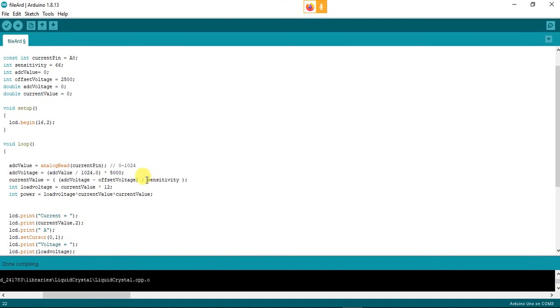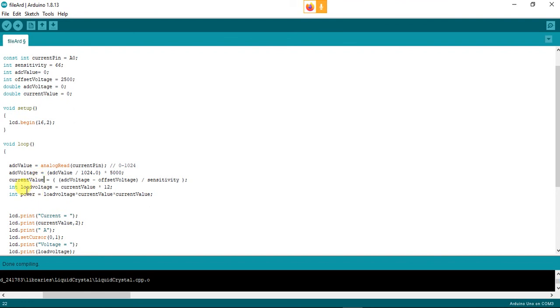So the internal resistance of this current sensor is 66 ohm. So we need to divide the voltage by 66. Voltage divided by resistance is the current. So we got the final current of our circuit, or the current of our power source or our